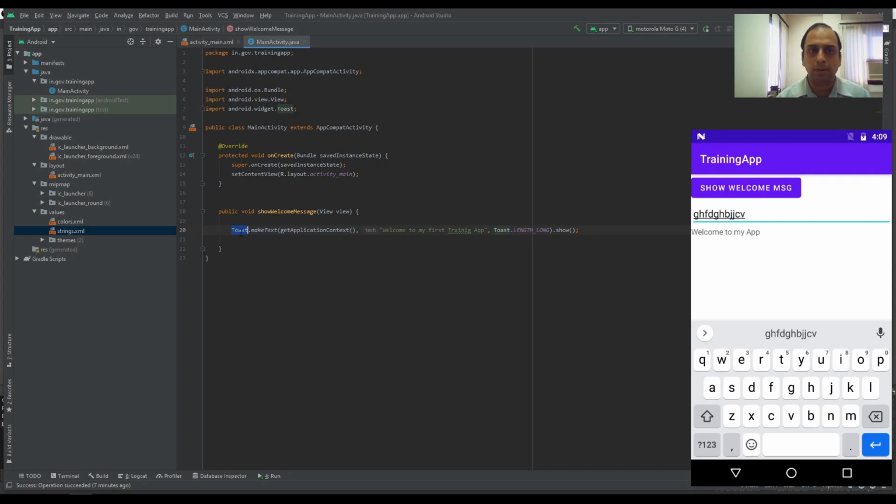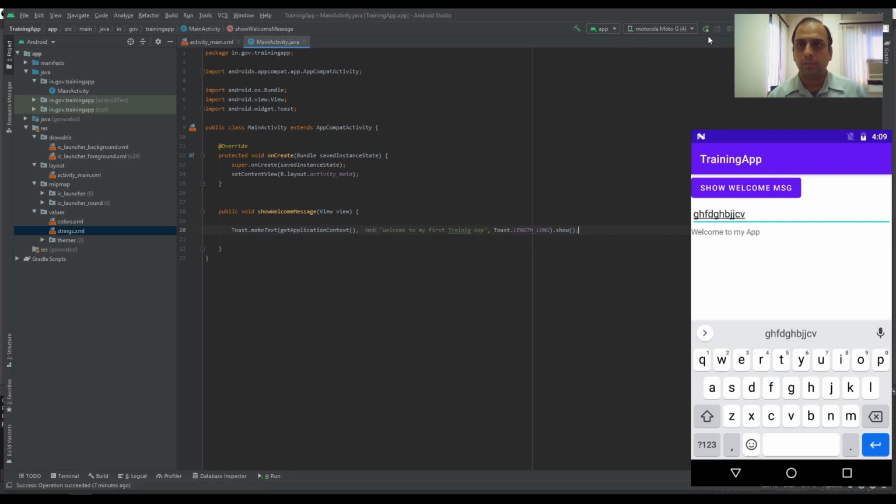As soon as I type Toast.makeText, it imported this library. You don't have to worry about which library it is in, and you don't have to program it. In the Toast library everything is given by default. So it will create a toast in this context with this message, with this duration, and then it will show it. That's it. Let us run it.